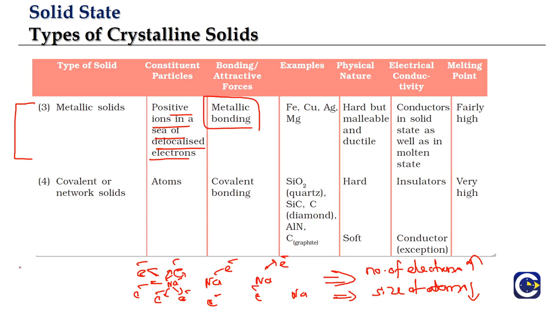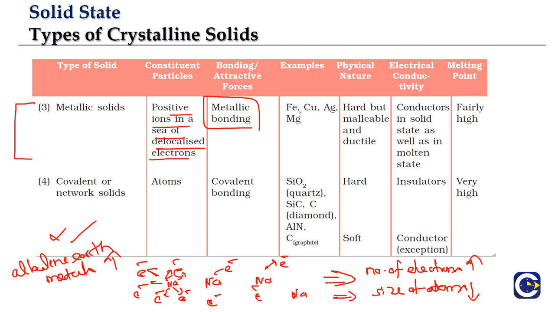That is the reason why alkaline earth metals, in them the strength of the metallic bonding will be more. Why? Because each of these atoms will release 2 electrons. We are talking about the comparison between alkaline earth metals and alkali metals. Alkali metals release only 1 electron. Alkaline earth metals will release 2 electrons. Size also, alkaline earth metals will be lesser size than alkali metal atoms. Thereby the strength of the metallic bonding will be higher in the case of the alkaline earth metals.